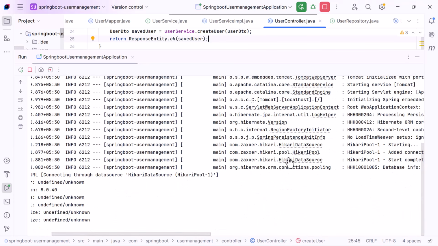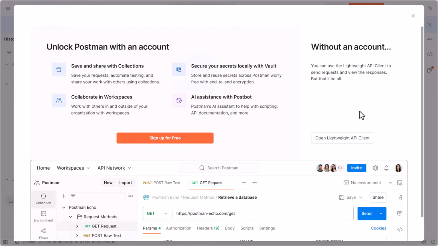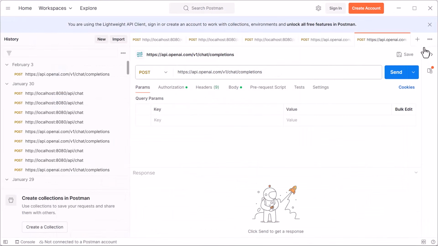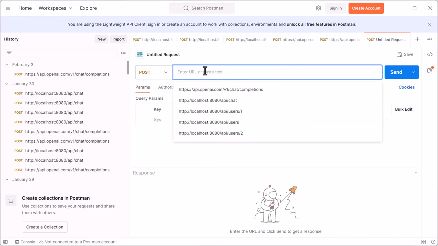And notice here our Spring Boot application is up and running and an embedded Tomcat server on port 8080. Next, let us open the Postman client over here, and here let us create a new request, and here let us choose HTTP POST method. Let us enter the URL HTTP